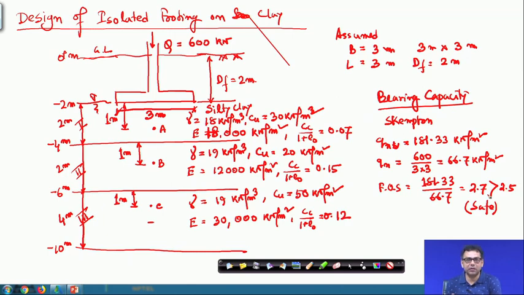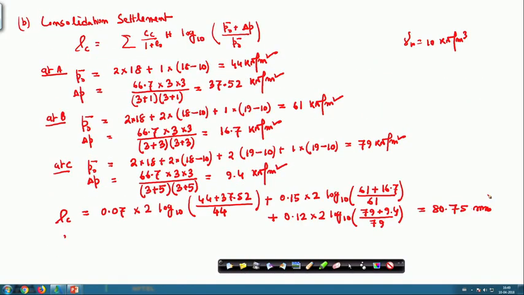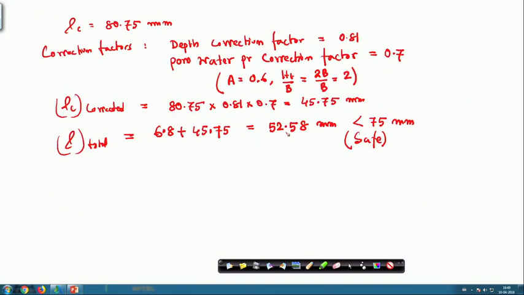So, it is not over safe, we can say in terms of bearing, but in terms of settlement it is 50 degrees 75. You can increase the settlement further by reducing the dimension, but for the bearing purpose you cannot further reduce the dimension. So, the dimension that I have chosen is almost okay and safe as well as economical.